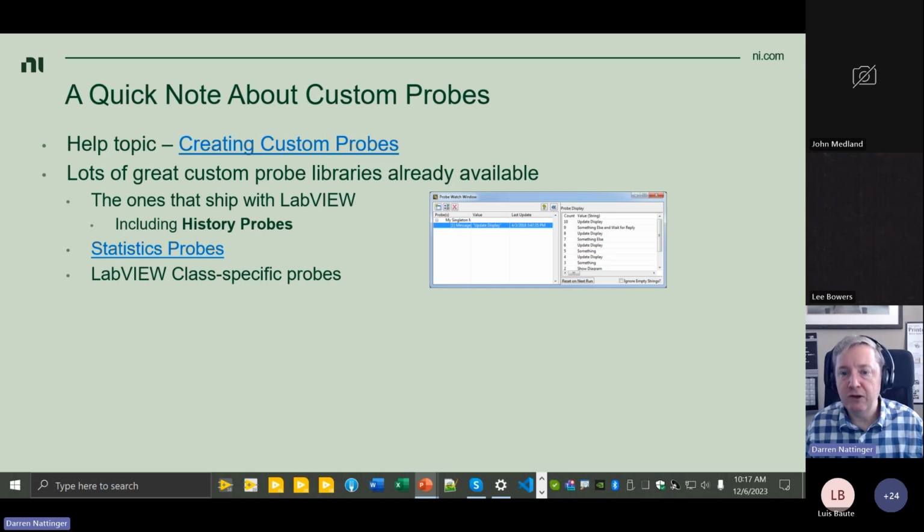Still, it takes literally 15 seconds to create a new custom probe based on the string history probe, drop a format into string inside of there to turn the enum into a string. Now I've got a custom history probe for my enum. It's extremely easy. So definitely when you're debugging, think about